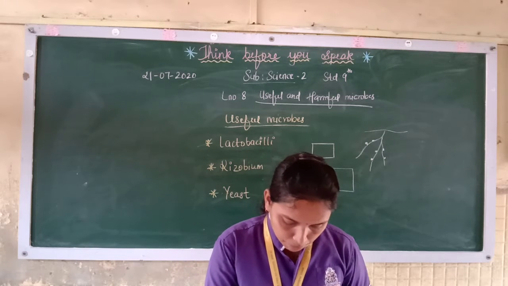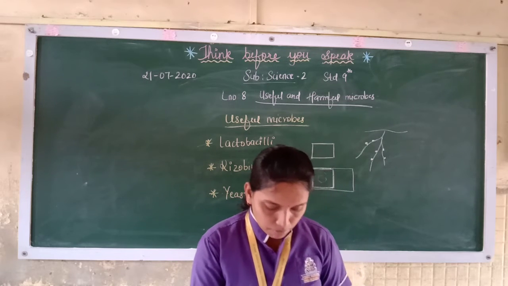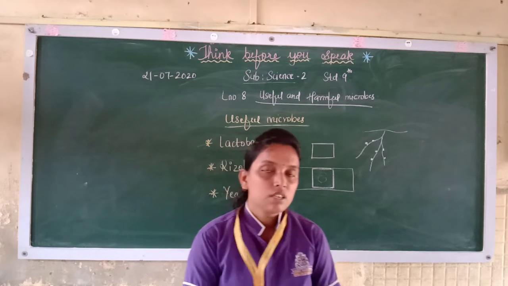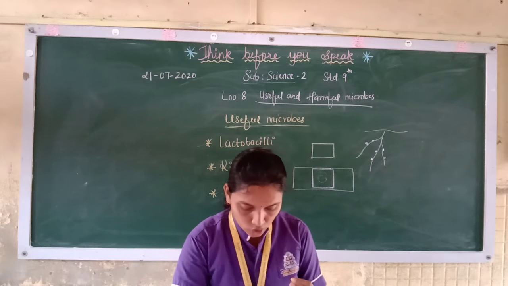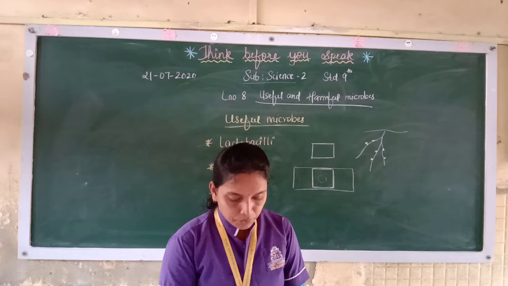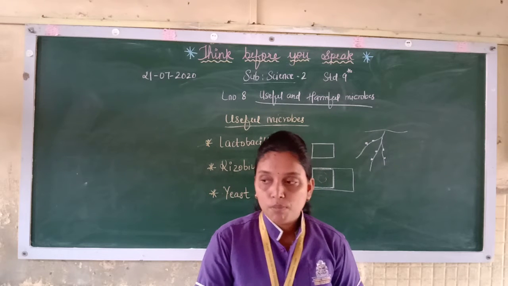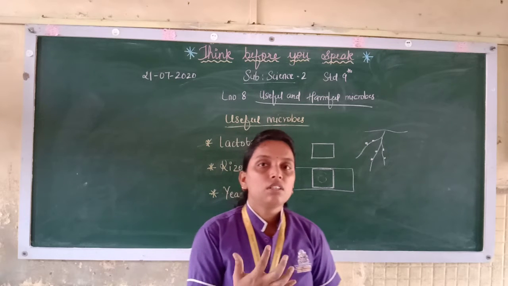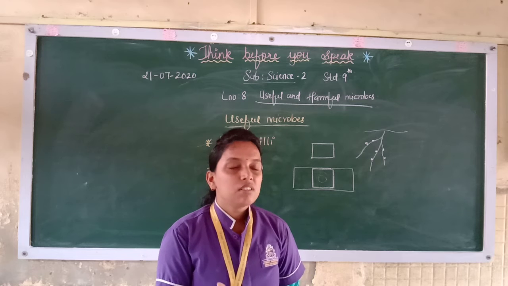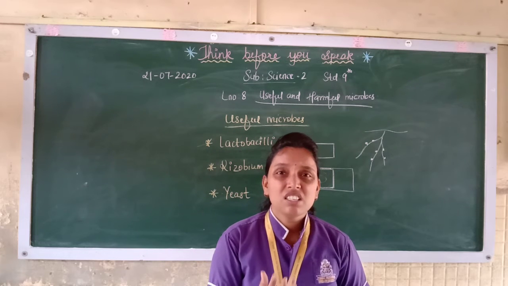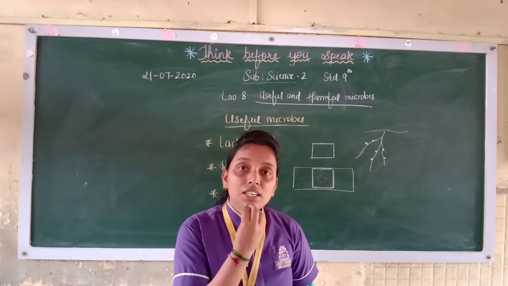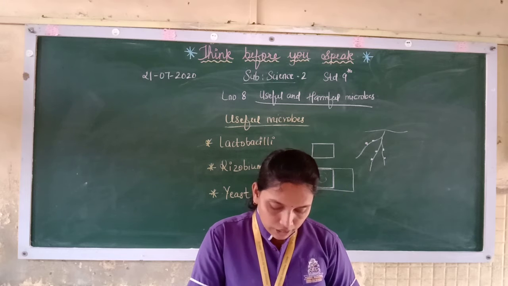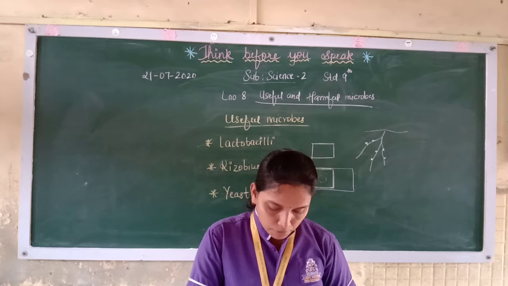The pinkish rod-shaped organisms are called rhizobium bacteria. As you can see on page number 89, the pinkish color is not shown, but they have shown the rectangular shape. These rhizobium bacteria are present in the root nodules of especially the leguminous plants. Leguminous plants means the grains you eat, moong, matki, rajma; these are legumes. These bacteria are present in their root nodules. Note that we have to search for root nodules of leguminous plants to obtain these bacteria.